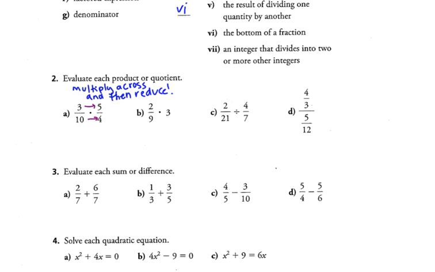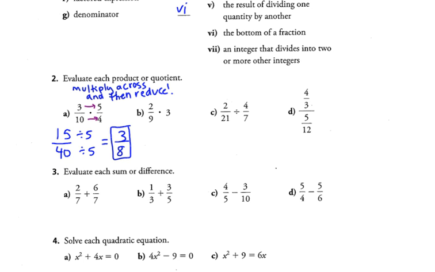15 and 40. So 15 over 40. What will go into both numbers? 5. So I'm going to divide the top and bottom by 5, which equals 15 divided by 5, 3 over 8. Yeah. Okay, the other way